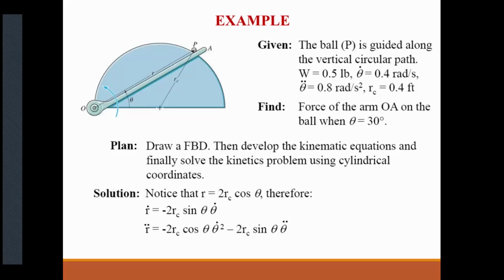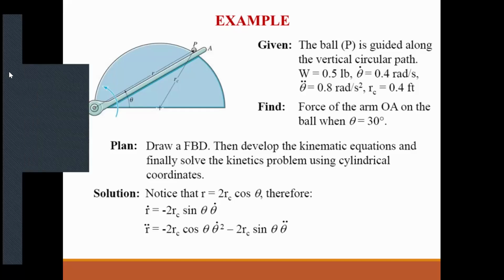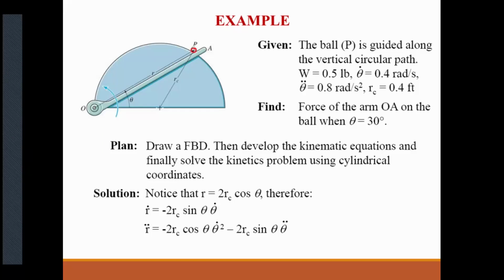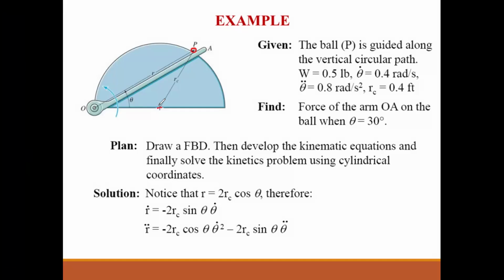Okay, for this problem, I will draw it again for the case of the axis. So the ball is moving along the circular path here, and we have the center of curve here. So then the normal direction is over here. This is the normal direction, and so the tangent direction should be perpendicular to the normal direction here. And it is not the same as the